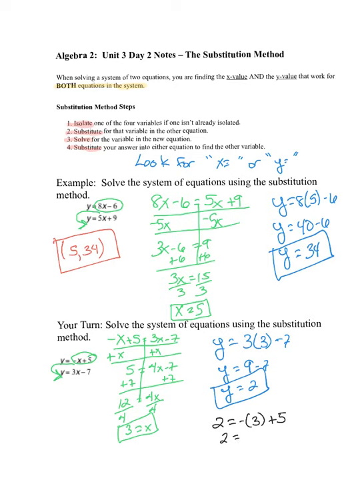Two equals negative 3 plus 5. 2 equals 2. Check. That means we did it right. All right, let's go to the next page. All right, now we have two more systems of equations, and we're going to use substitution to